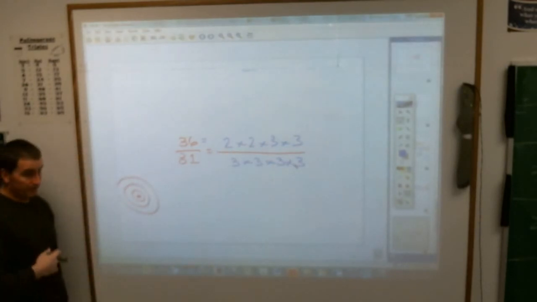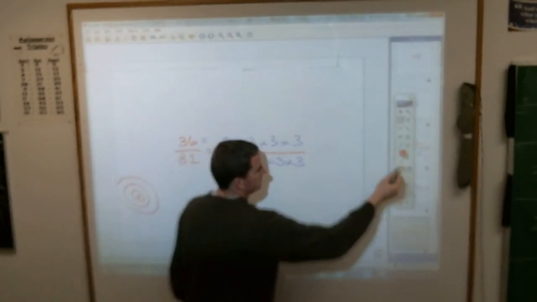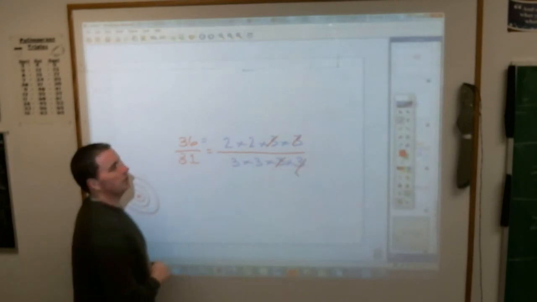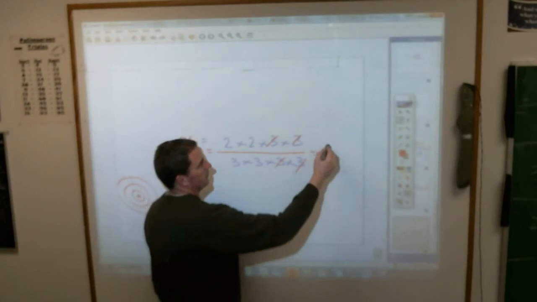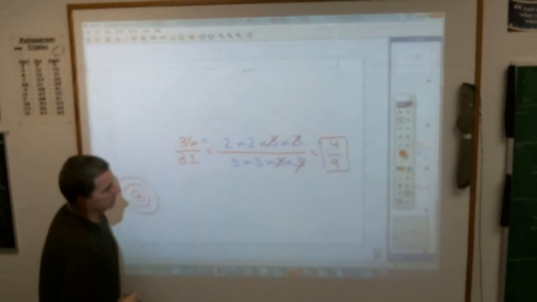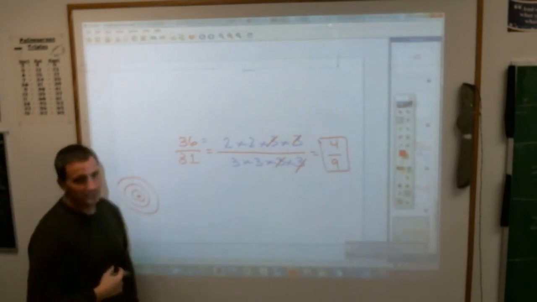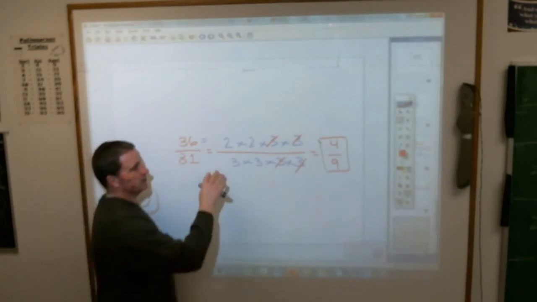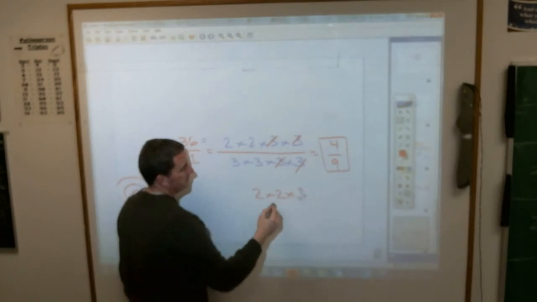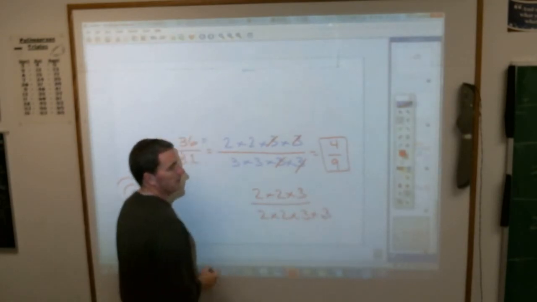Now, what crosses off? Laney? 2 3s on the top with 2 3s on the bottom. Remultiplying it again, you end up with 4 over 9. 4 over 9. If, children, everything crosses off on top, let's say you had this, 2 times 2 times 3, and on the bottom you had 2 times 2 times 3 times 3,